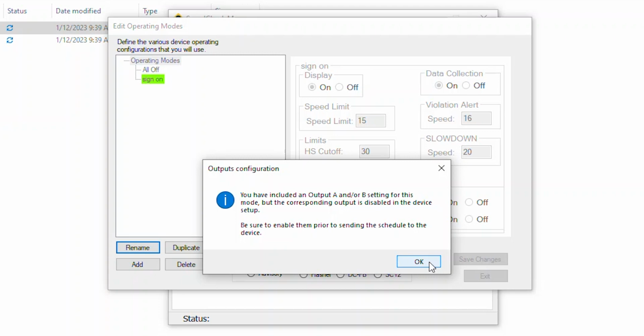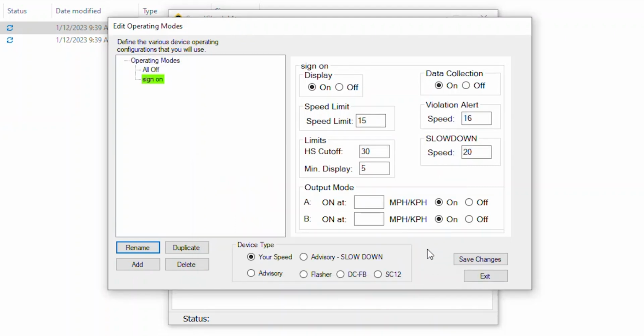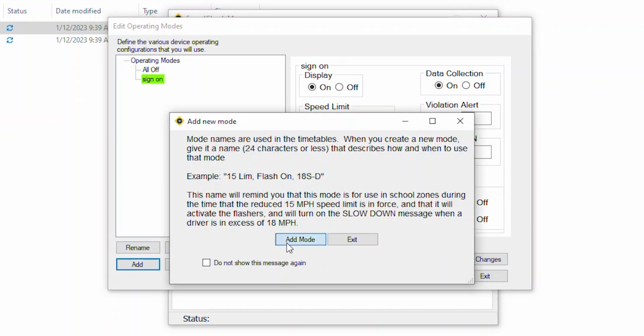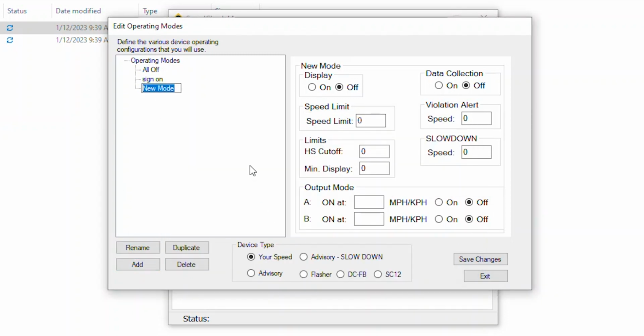For a lot of the things here, they're going to give us pop-ups. Just because one thing or another isn't enabled or you're not connected to the sign while you're setting it up, you can just click through them. So if you're not collecting traffic data for when your school zone is inactive, you're done with this step. If you are trying to collect traffic data all the time, then you're going to need to create another mode, sign off or school zone inactive. Again, just following the same naming scheme that you've been set up for the first one.